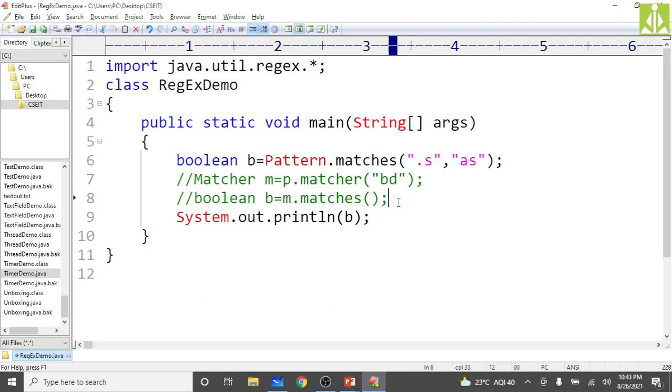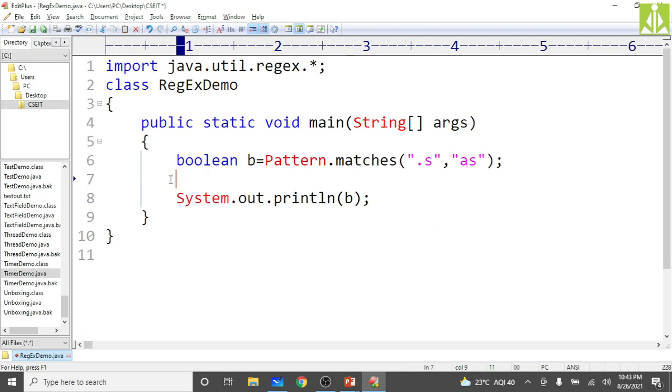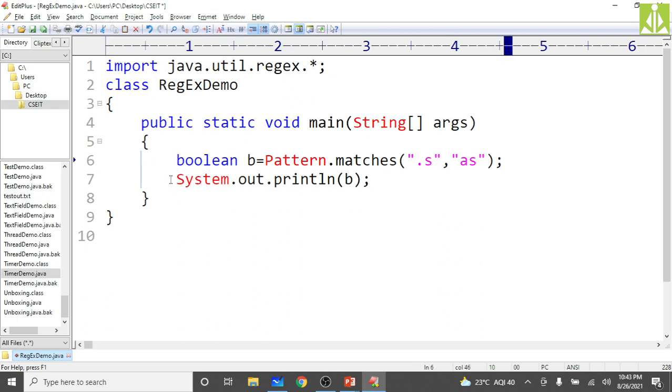So it's better you remove these things, and just like this only we put the program, and whatever matcher class will come over there, whatever pattern class will come over there, that class we put over here, and we put a string accordingly, and we will see the output. See here what we are saying, like this [AMN], okay, and we are closing the square bracket. So does this AS satisfy this one? No, because [AMN] in the sense only one character is allowed. Here we are keeping two characters. Okay, so ultimately you will get error over there.